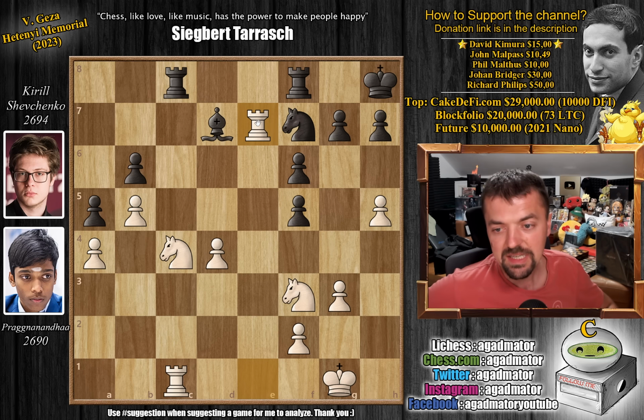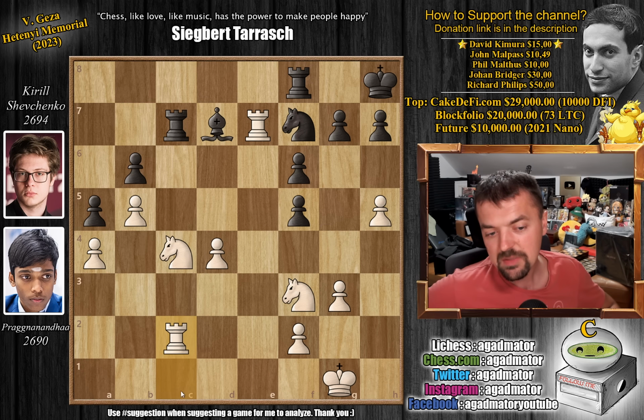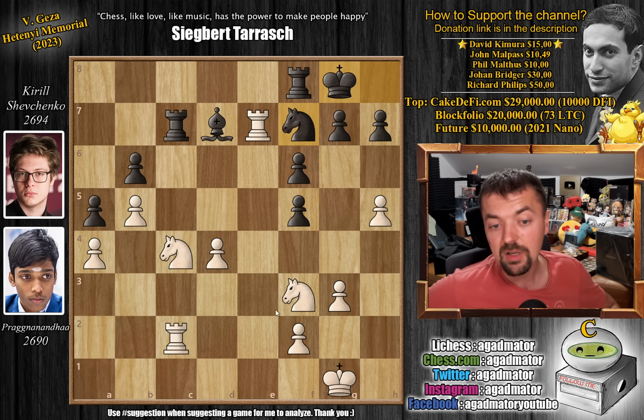We have rook captures on e7, and now rook to c7, defending the bishop on d7, but now rook to c2. The rook on c1 is undefended, so you can't really move your knight, otherwise just rook captures on c1. Pragg wants to play knight to e1, so the rook will be nicely defended. King to g8, now the rook can move, the knight is nicely protected on f7, and now comes knight to